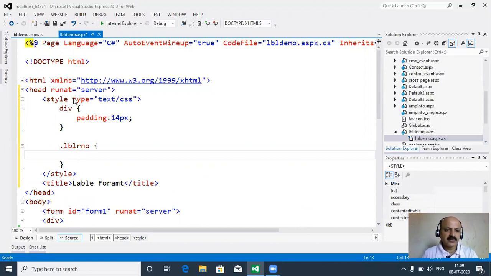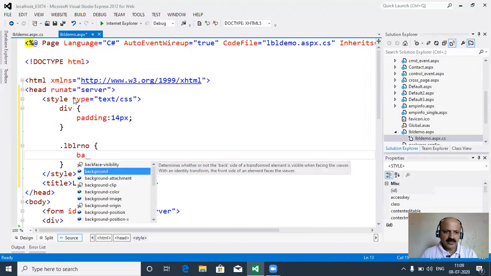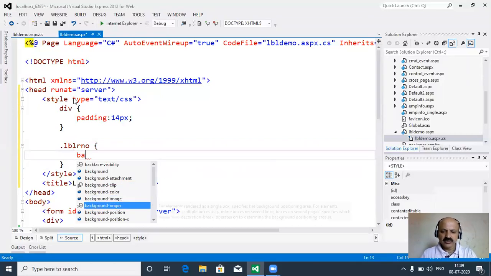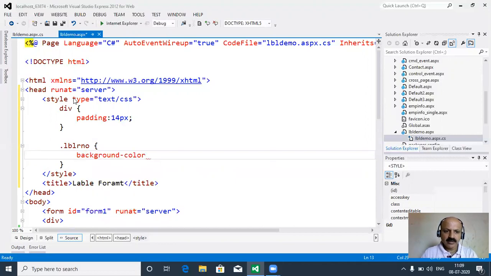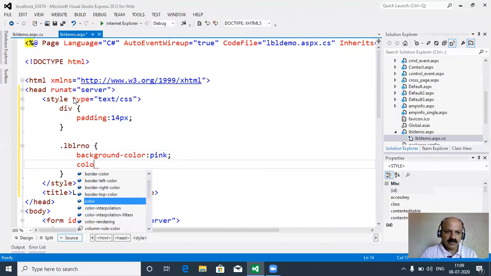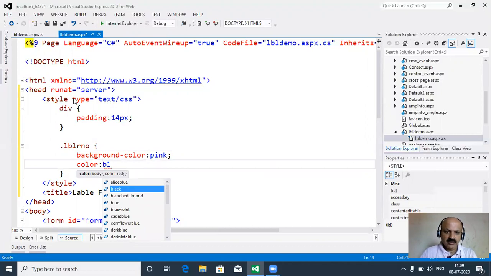Okay, so that is the block declared in cascading style sheet. Dot, you can supply as a prefix and take the name of that class. Here we have to use it for the label control. You can also apply it to all the rest of the controls like text box, checkbox, radio button, giving that type of block name. Okay, so here we take the property. You can press control and space bar, then the property window appears. Here back color we have to supply like directly pink, then color. Okay, we supply the blue.